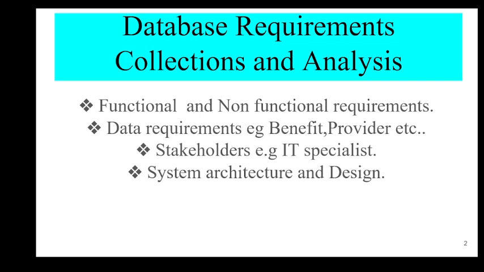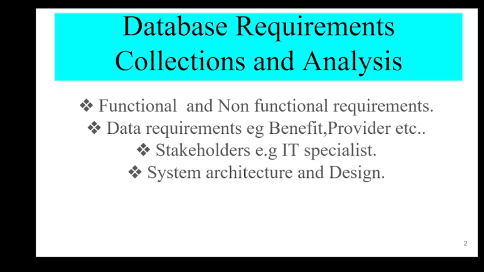So these entities and attributes can be extracted from these requirements. For example, functional and non-functional requirements, how the system or how the database works. Non-functional requirements, properties like scalability. Data requirements, for example, in our case here, we have benefits,